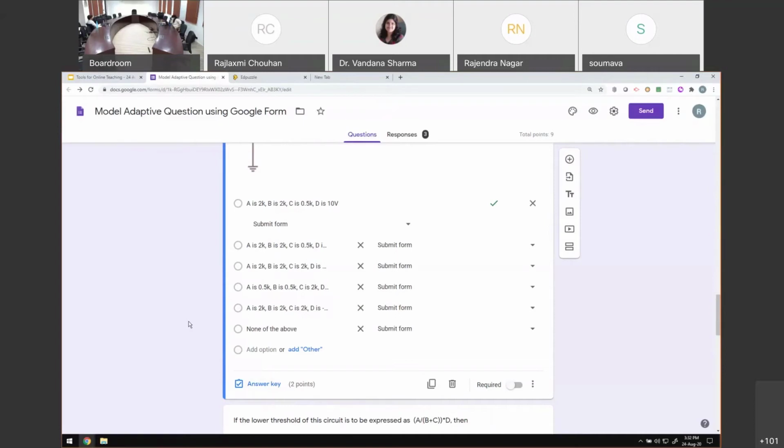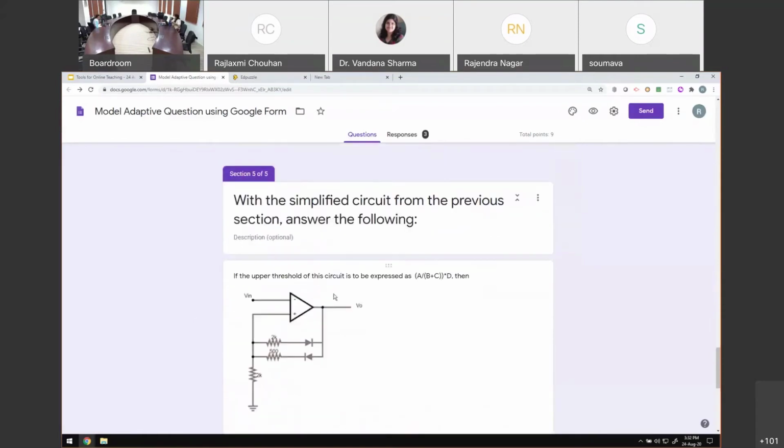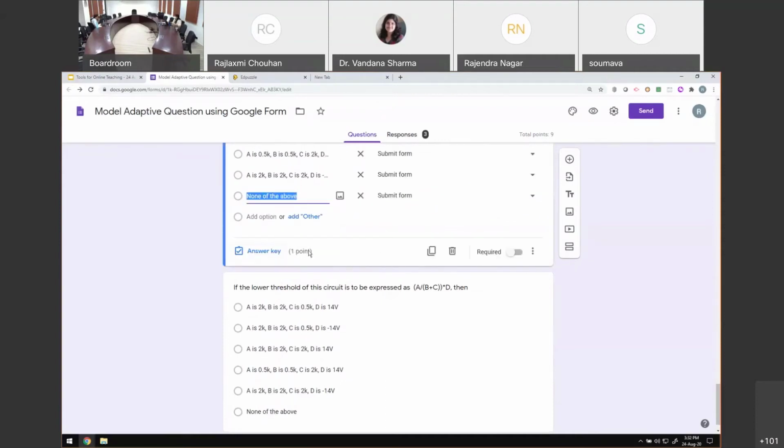But if the student made a mistake in the first part itself, the form does not end there. He gets 0 points in the first part, but then it goes to a different path based on his previous answer, and I'm penalizing him in the third step, where the question looks similar, but it is redesigned for his wrong answer, and it carries only 1 point. How would this help me?